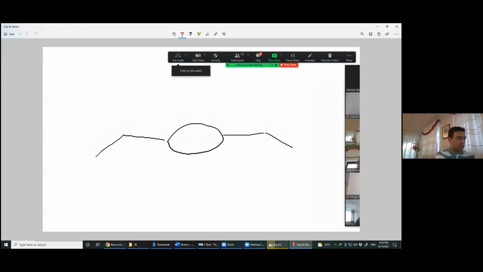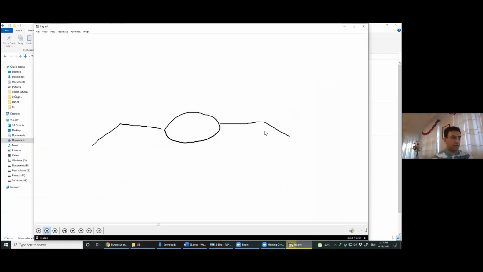The third frame should be something like this. But it is not. This is the fourth keyframe.